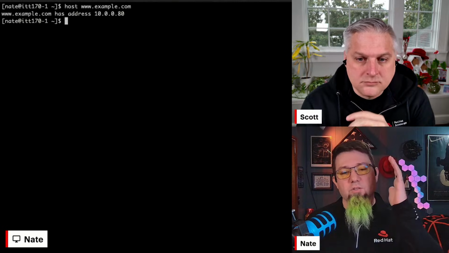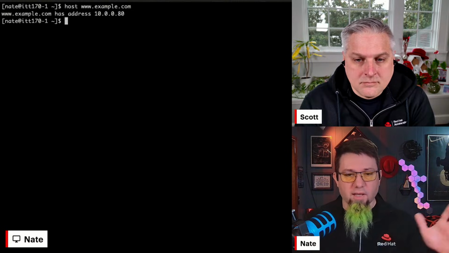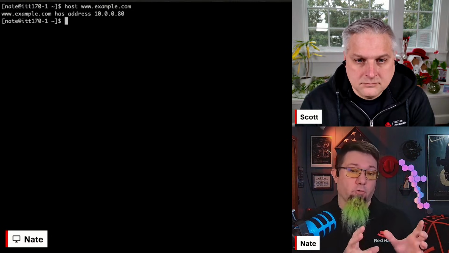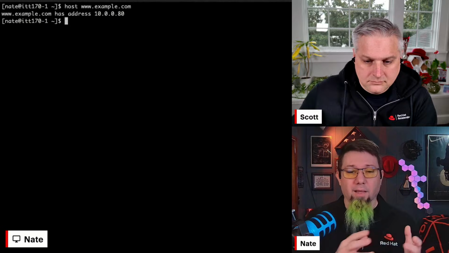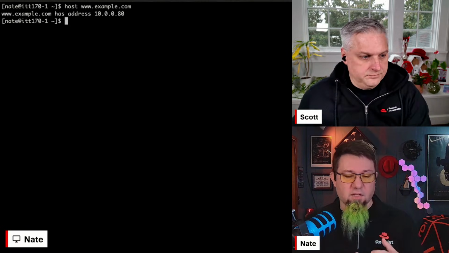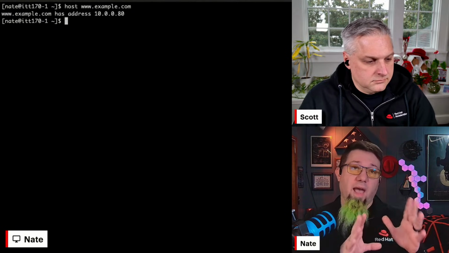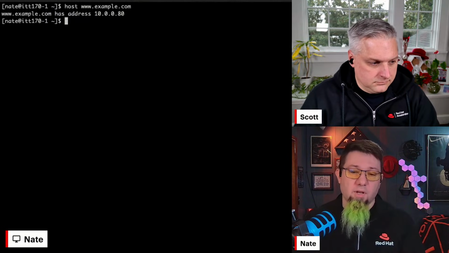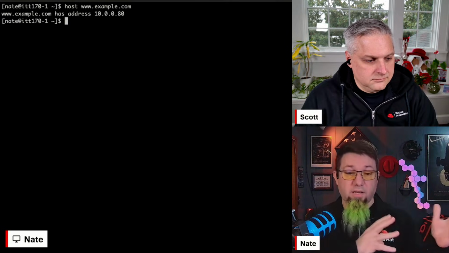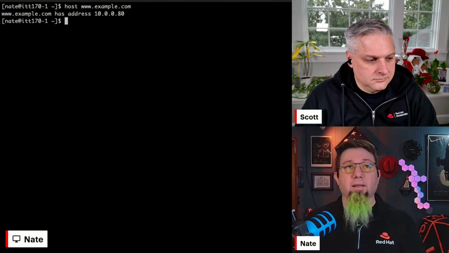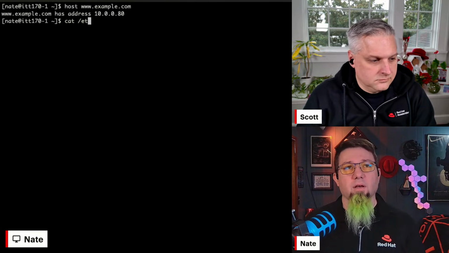So what this does is your machine, whether it's a Linux server or your desktop or your smartphone or your fridge that connects to the internet, it has a default resolver or a default name server configured within its internet settings. And usually that's given to you by a DHCP server. You plug a thing into the network, it gets an IP address automatically, along with its gateway and its name server address. So when I ask this system, hey, what does www.example.com resolve to? It looks to its default resolver and asks it, what does www.example.com resolve to? And in this case, it should be in /etc/resolv.conf.